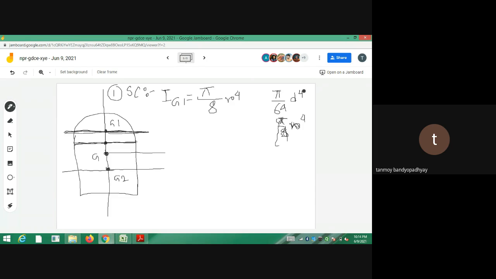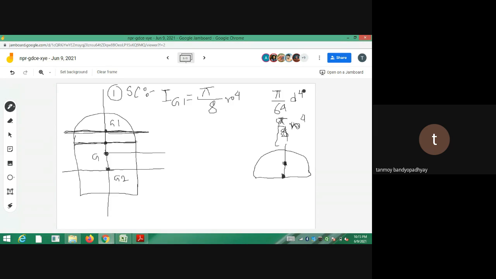So whenever you are getting pi by 8 r to the power 4, you are taking half of a circle. This is from the base of the semicircle, so this moment of inertia is always from the base of the semicircle I am measuring. Now I have to find out IG1 initially. So IG1 will be this one minus your